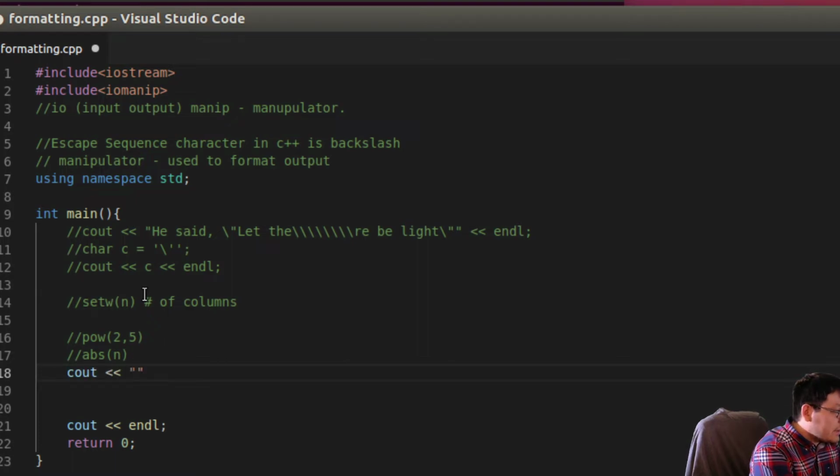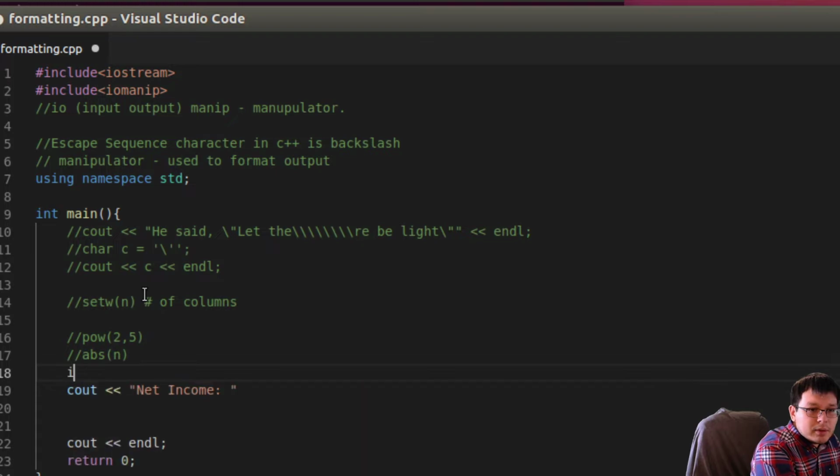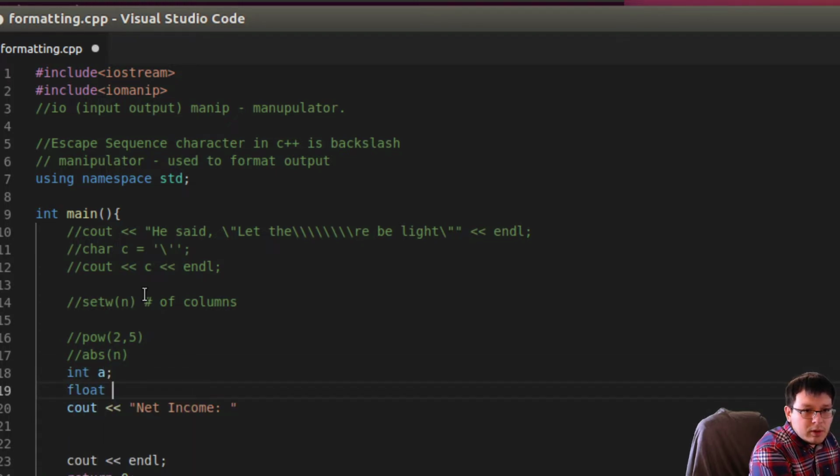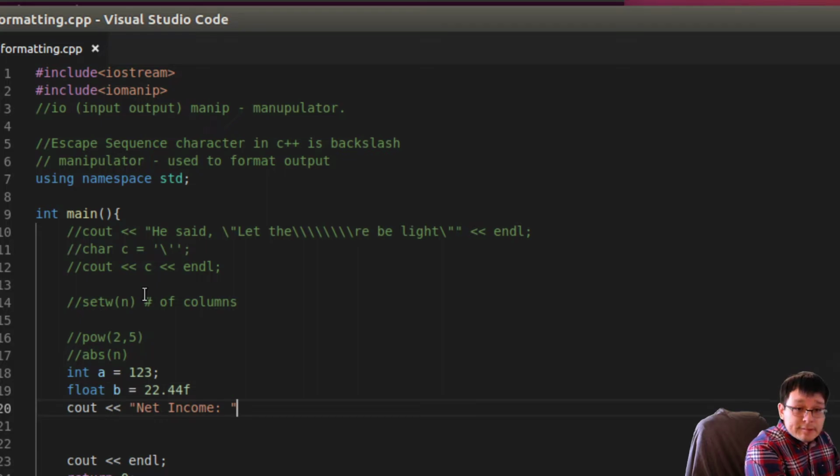So let's say that I have the word result, or I don't know, gross net income. Let's say we're filing our taxes. Okay, so we got our net income. And maybe I have a variable called int A, and maybe we'll have a float B. Int A has 123, and float B has 22.44. Okay, so if I go ahead in my net income and I say A,